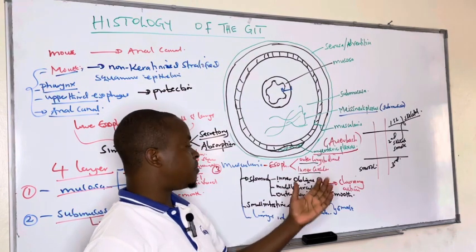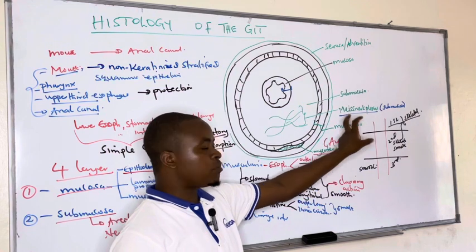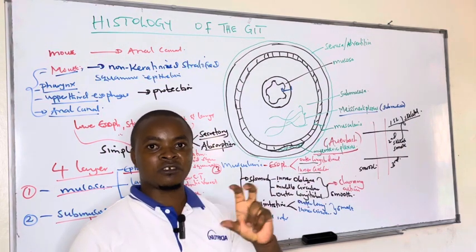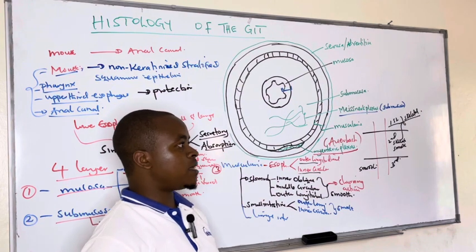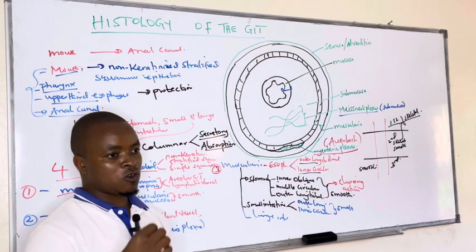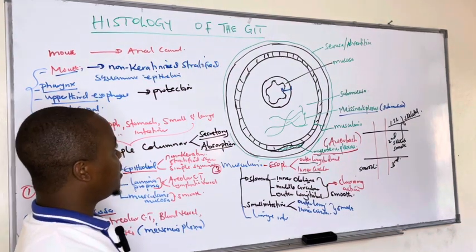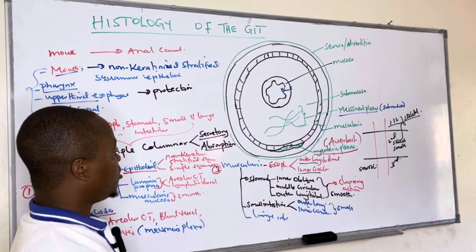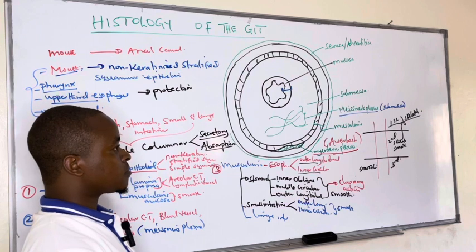So the myenteric plexus is for GIT motility, whereas the submucosa plexus, or what we call the Meissner plexus, is for secretions. So it is the one that enhances secretions, being supplied by the parasympathetic and sympathetic nerve fibers, either stimulating or inhibiting. So this is basically the histology of the GIT we can discuss today, whereby we have seen from